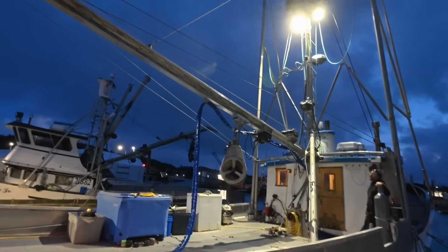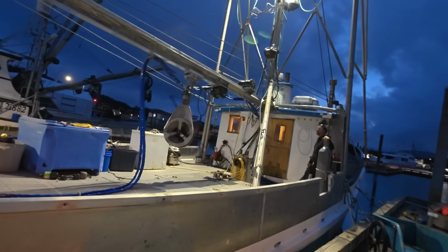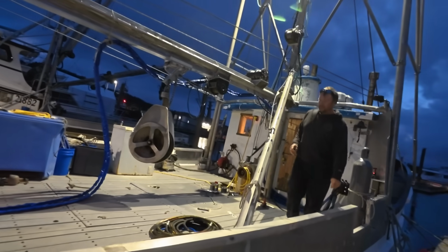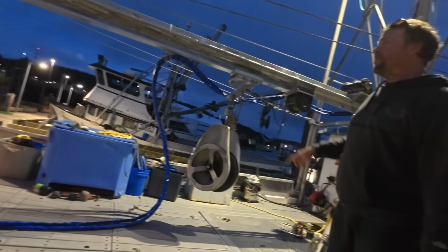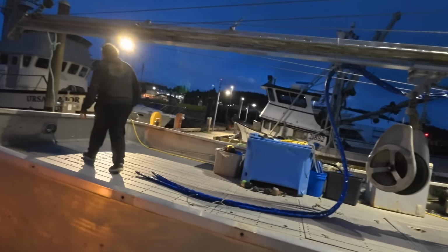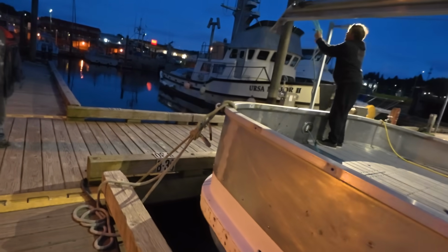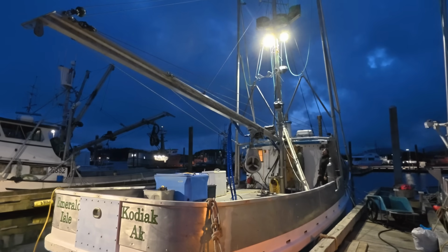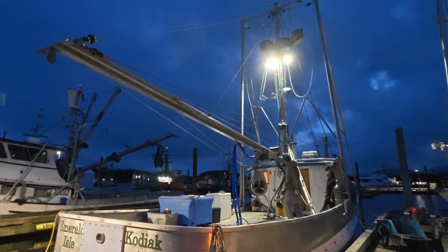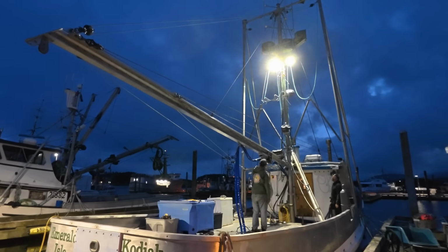I suppose we better tie that down before it gets wrapped. Just throw a clamp on it, on the bar. I was just gonna tie it here. There you go. Slide that down a little more. It might be kind of hard to see now that it's dark out, but